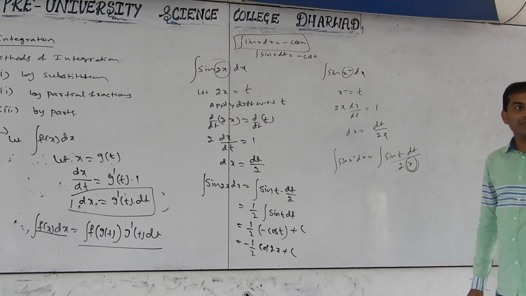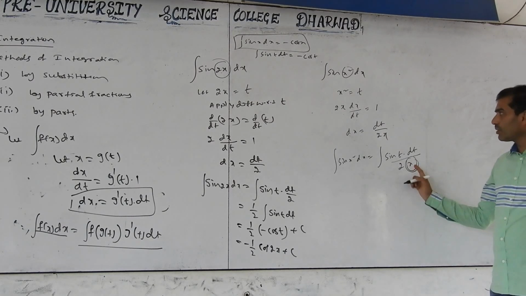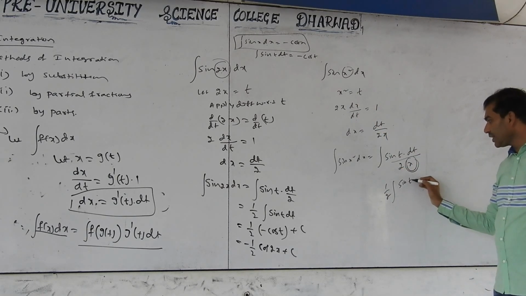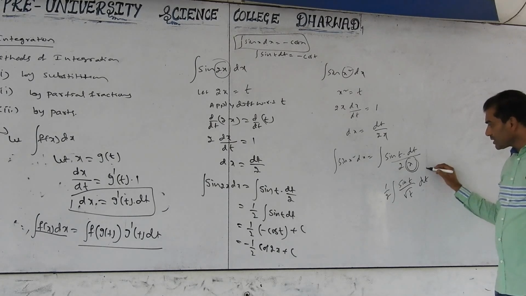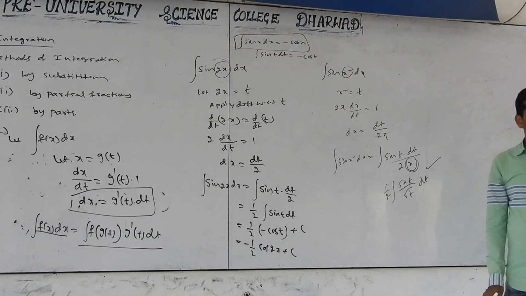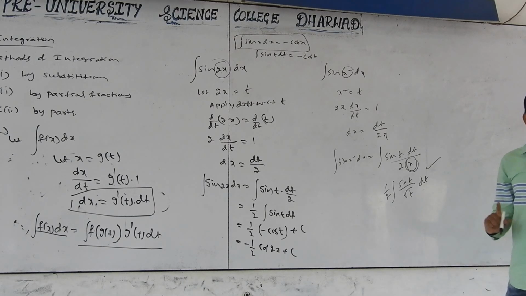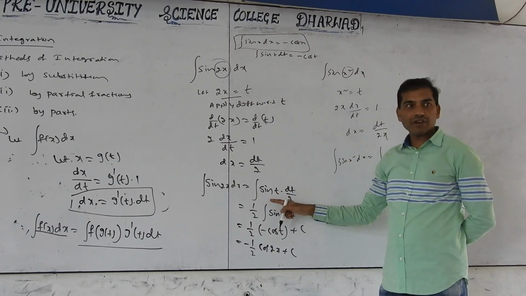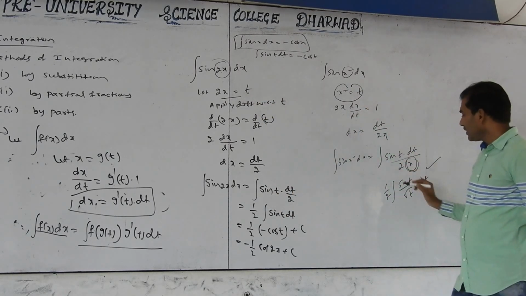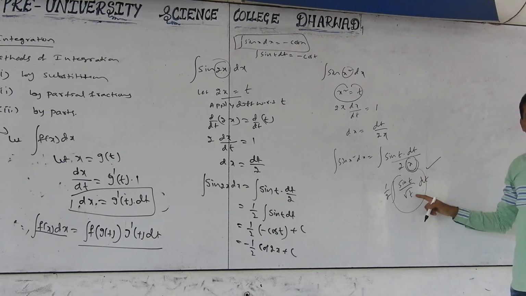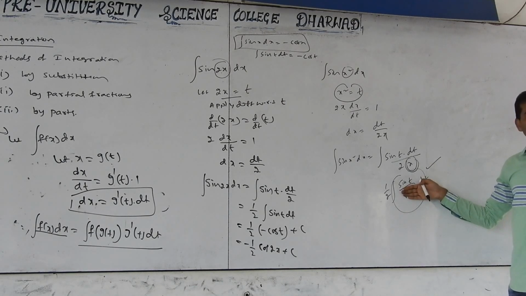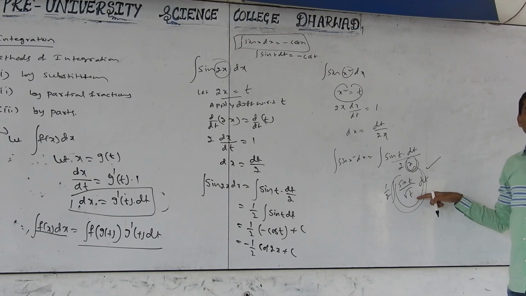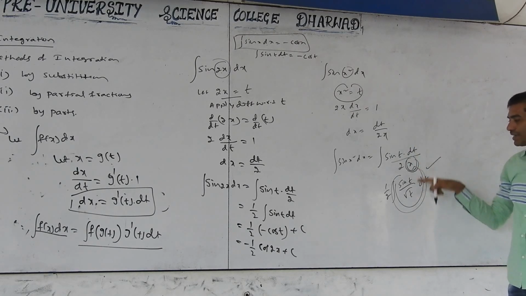We have to change the variable. Tell me, x equal to how much? Root t. So we get 1 by 2 integration of sin t by root t into dt. Is it possible to find this integration? Is it a standard formula? No. Here by taking 2x equal to t we converted to the standard formula, but by taking x squared equal to t this is not standard because root t is variable. If root t is not there, then it is a standard formula. Because of root t it is complicated again; a small function we made into a big function.